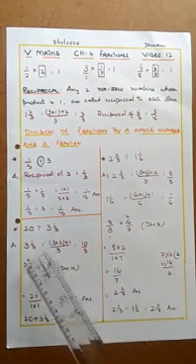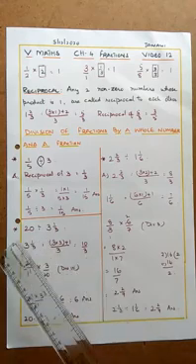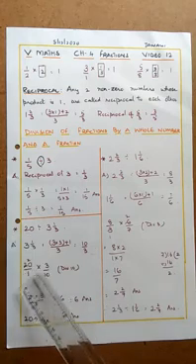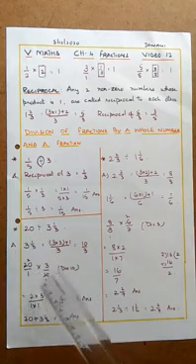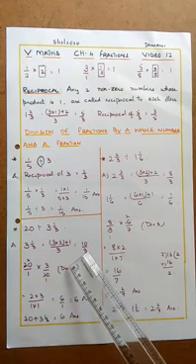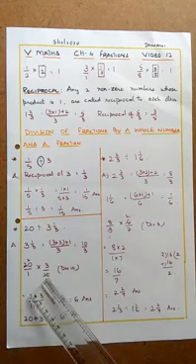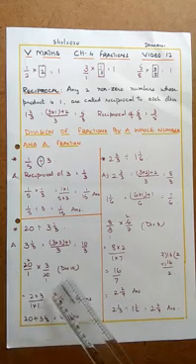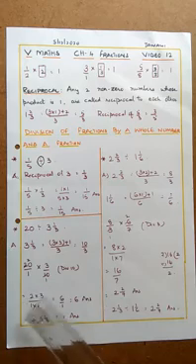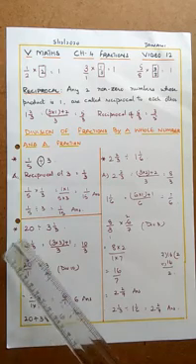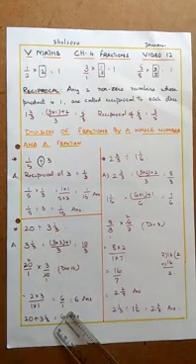Now let us see how we are using it here. So 3 1 by 3 can be written as 10 by 3. Now write 20 as 20 by 1, change the division sign to multiplication sign, and then multiply by the reciprocal of 10 by 3, which is 3 by 10. Now 10 is a common factor of 10 and 20, so divide it. 10 goes one time, 10 goes two times. 2 into 3 is 6. 1 into 1 is 1. So 20 divided by 3 1 by 3 is equal to 6.